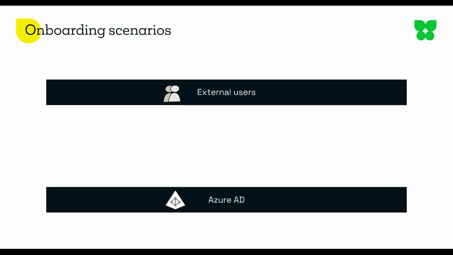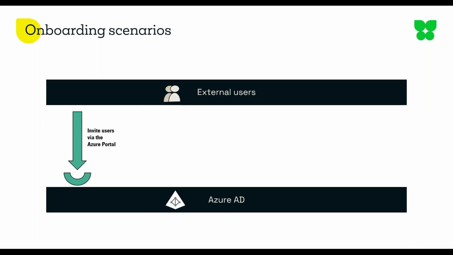So I talked about sending an invite. That's one way of onboarding external users into your organization, and that's kind of the oldest way. So you go into the Azure portal, you type in an email address, and the invite goes out. The little semicircle there indicates this is a process driven from your organization, not from the external user. So it's an invite